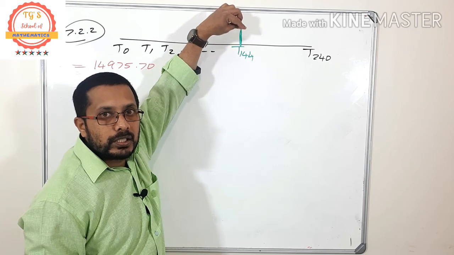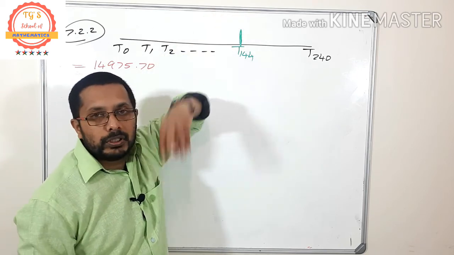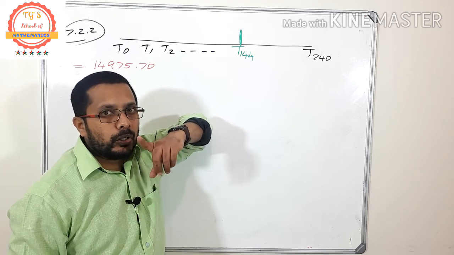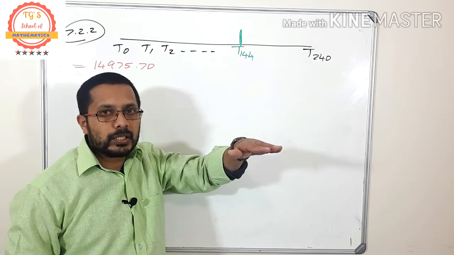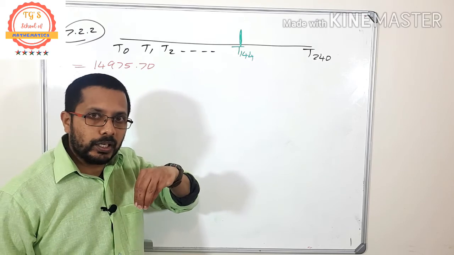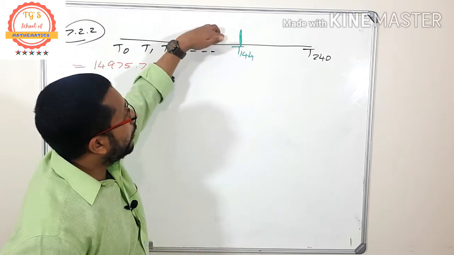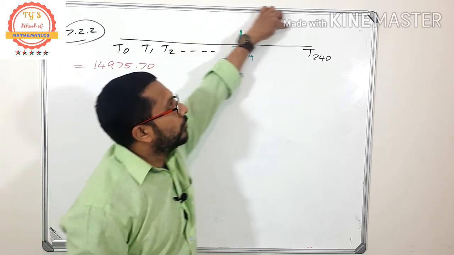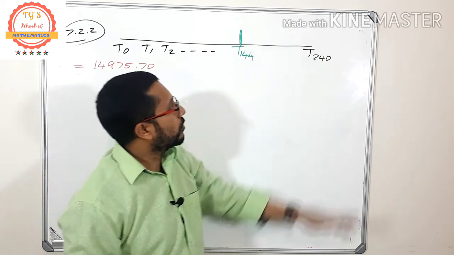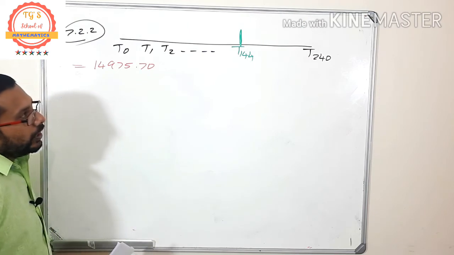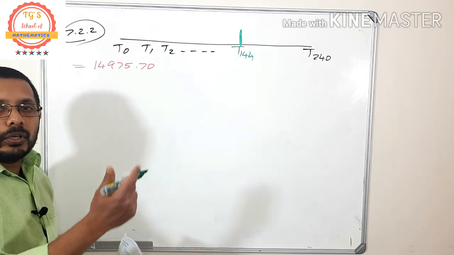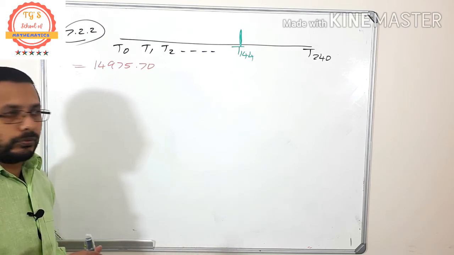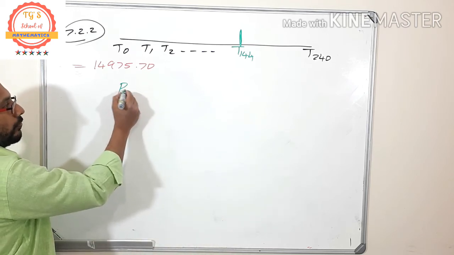Am I right? Since it is a loan, you have that amount there. That means it's a present value. Once more, this is a home loan. So after this much payment, what is the amount here? That is the outstanding balance for this one. Okay, so now listen here. Since the amount is there, you are supposed to find the present value of that 144. So what is the present value formula?